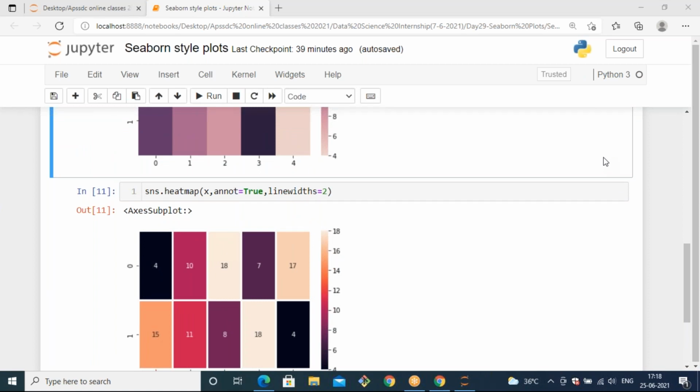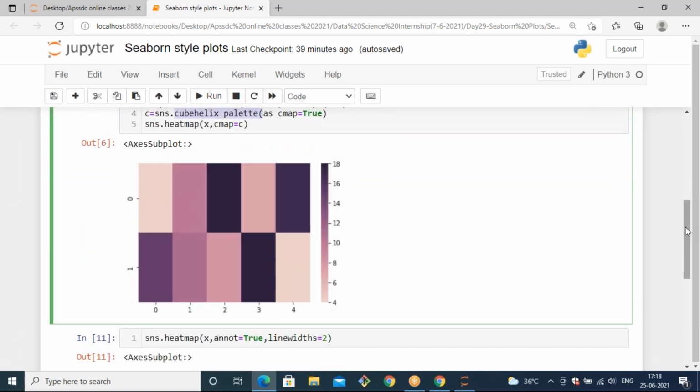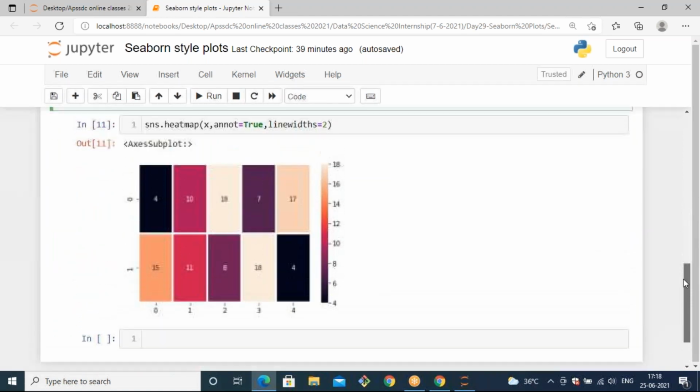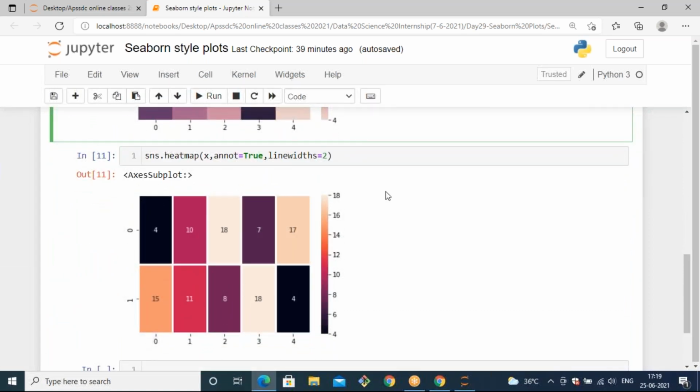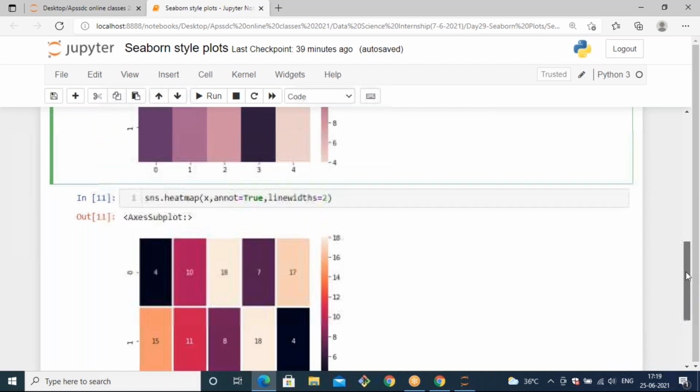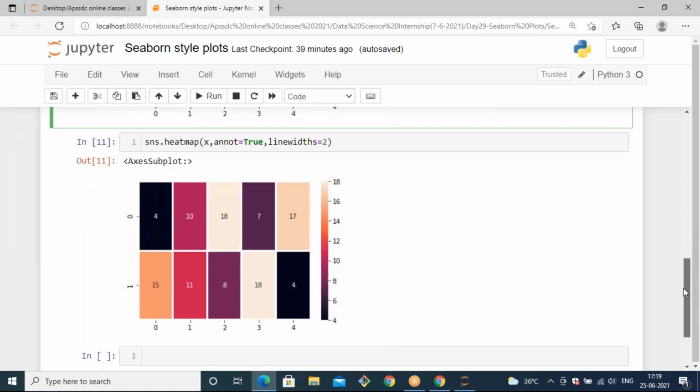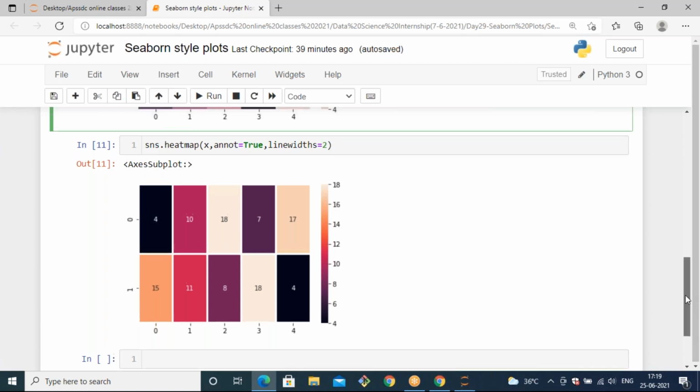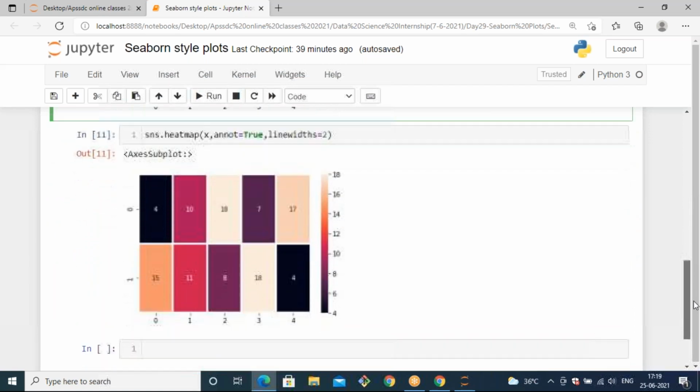See, I already told you the importance of heat map. By using a heat map, we are going to visualize matrix type of data. So it will visualize something in a matrix format, like a 2x2 matrix format. When it comes to a matrix, you will observe which features have the most relation with one another. So whenever you want to find out the relationship between one feature and another feature, you can use this heat map. Based on those values, you can observe the relation. But here we are generating the values randomly.